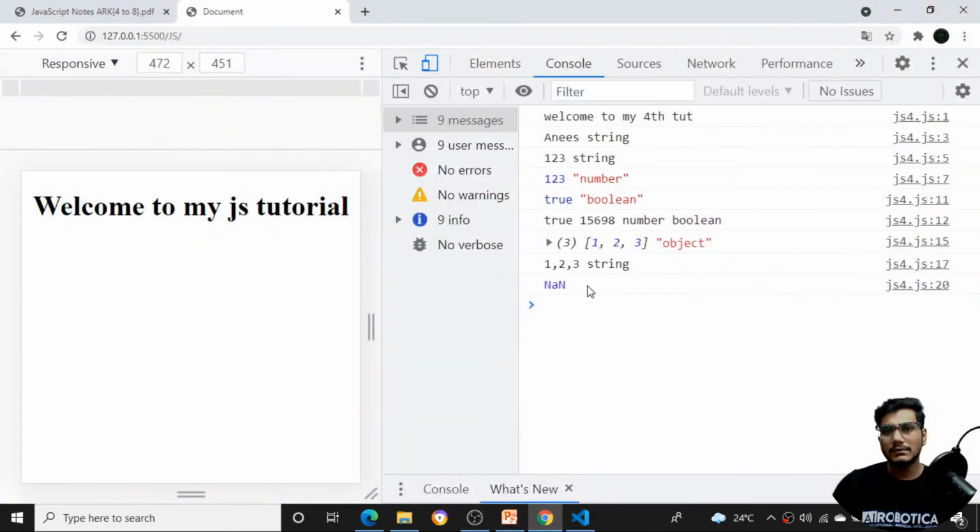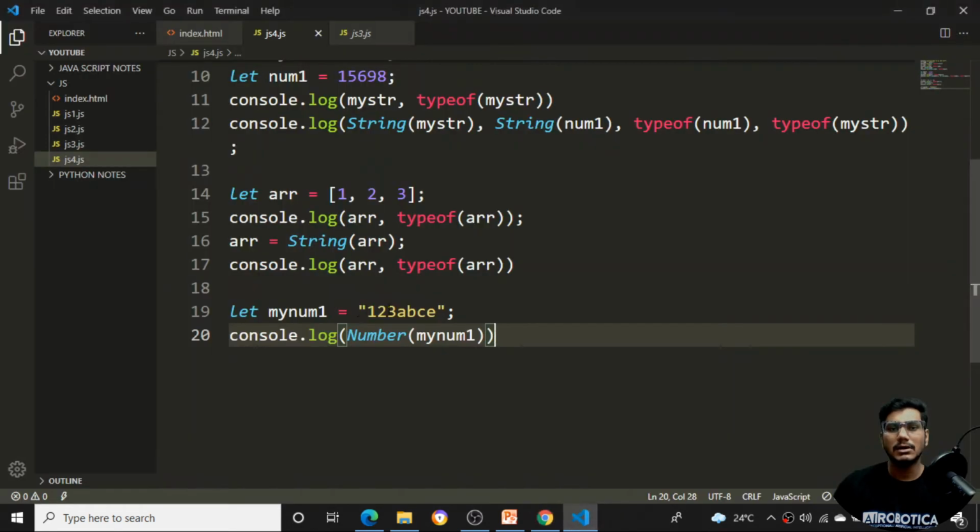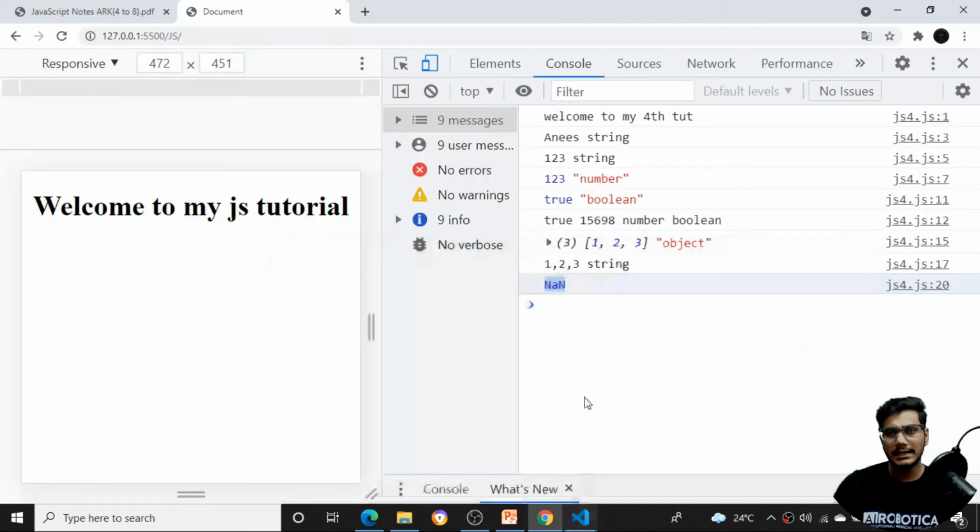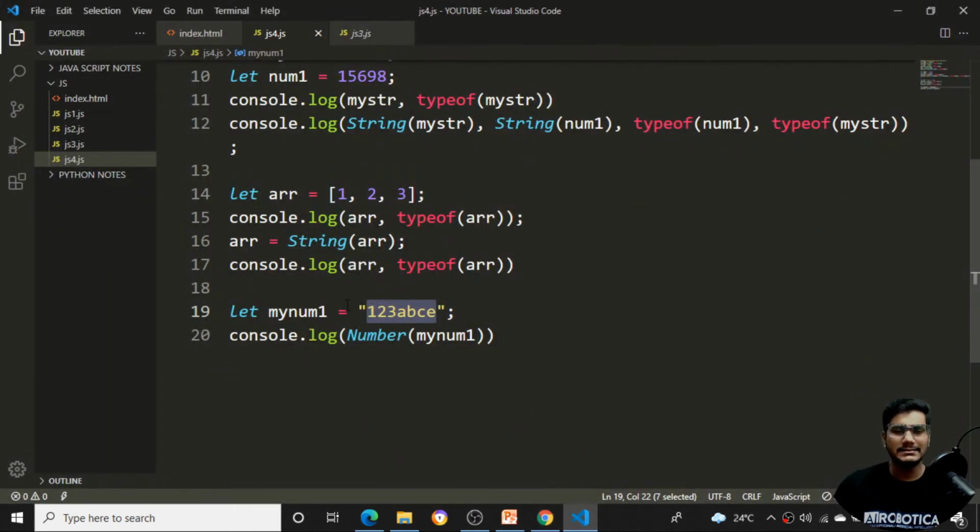If I try to do this, you can see it is telling me not a number, because it has a number as well as alphabet. If it has two things, it is telling me it is not a number. So don't try to do it like this. This is how we can show the not a number. It is telling me it is not a number.